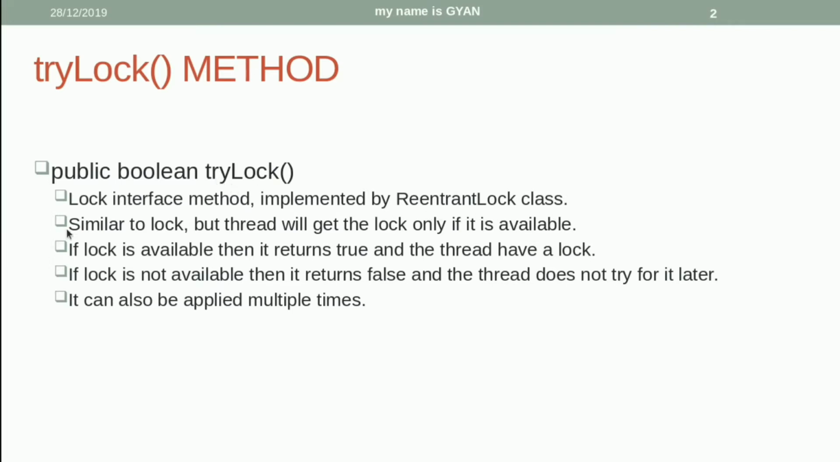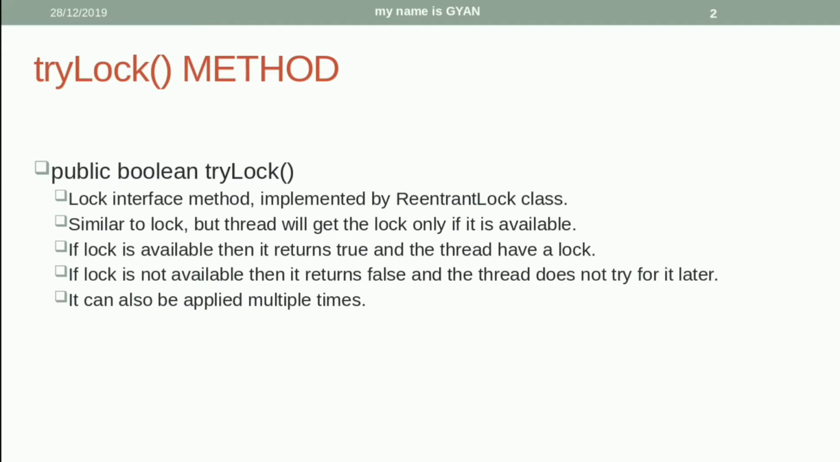The tryLock method is similar to lock, but the thread will get the lock only if it is available. That means the thread will try to get the lock and it will get the lock if the lock is available. If the lock is not available, then the thread will not try for the lock for the second time. If the lock is available, then it returns true and the thread will have the lock. And if the lock is not available, then the method tryLock returns false and the thread does not try for it later. The tryLock method can be applied multiple times, but for one time it will try for a lock